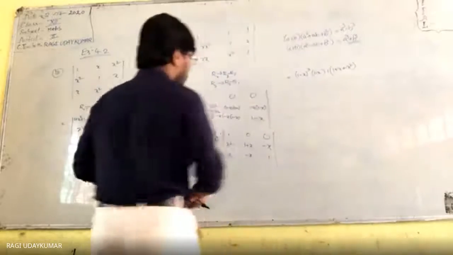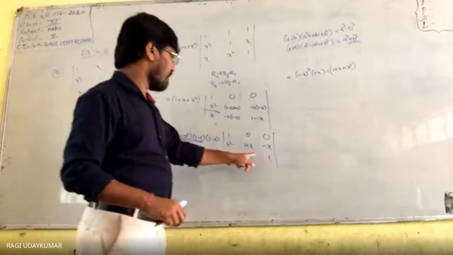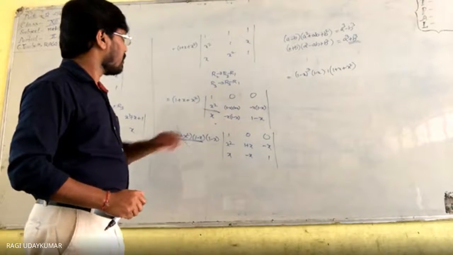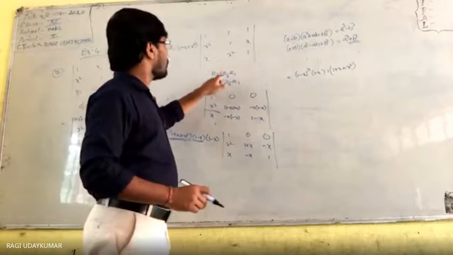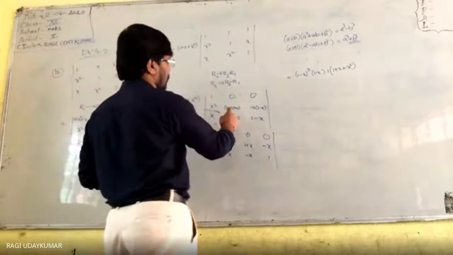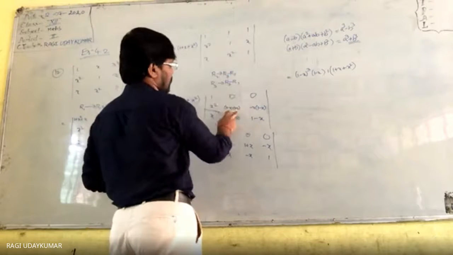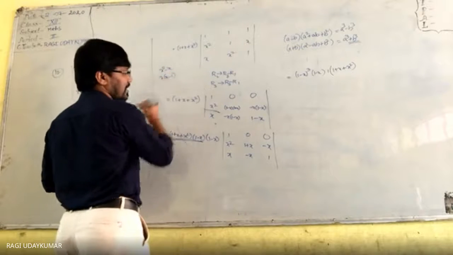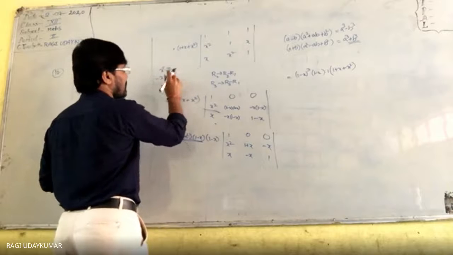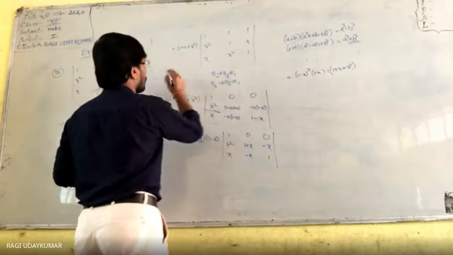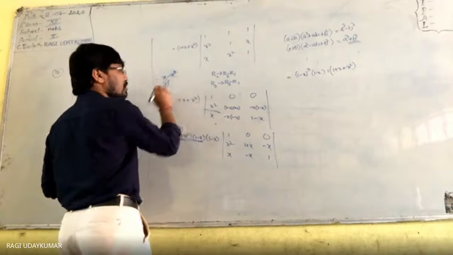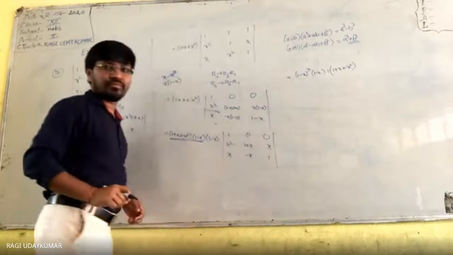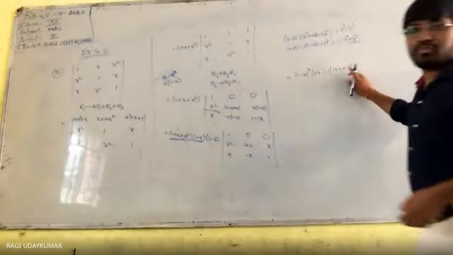Wait, I think we committed a mistake somewhere. Because here we are going to get 1 plus x minus x square as per that. R2 tends to, whether it is right, second row we are changing 1 minus x square. Yes, I will get x square minus x square. Minus x common we have to take, 1 minus x. ये तो सही है. X minus x square, from this x you need to take common, so that 1 minus x you get. Here plus x, here plus x. Now you will get 1 plus x square.